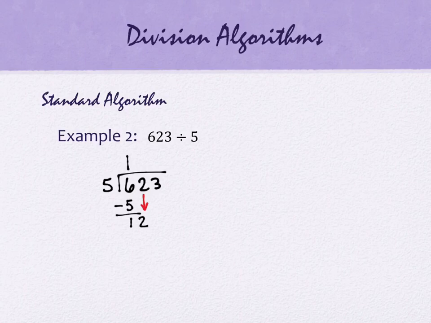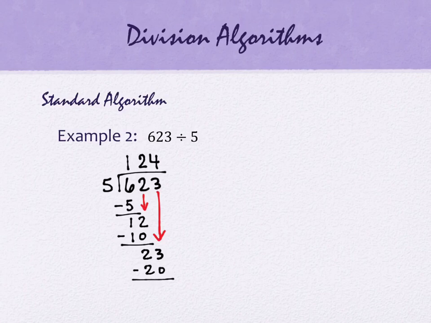How many times does 5 go into 12? 2. So we write the 2 above the 2. We multiply 2 times 5 to get 10, and we subtract to get 2. We bring the next value down, it's a 3. How many times will 5 go into 23? 4. 4 times 5 is